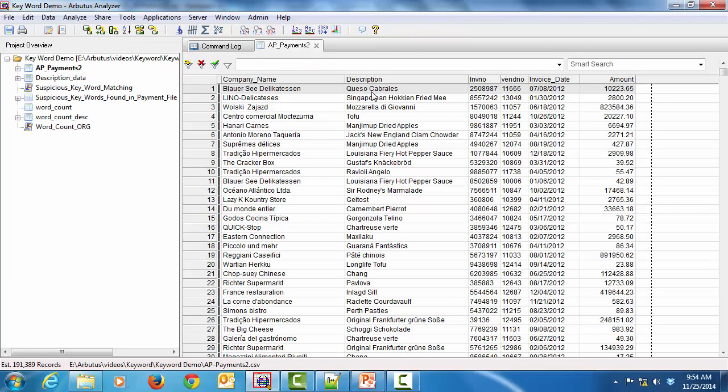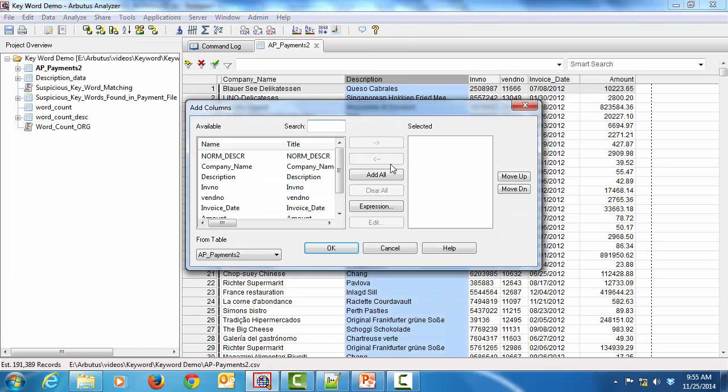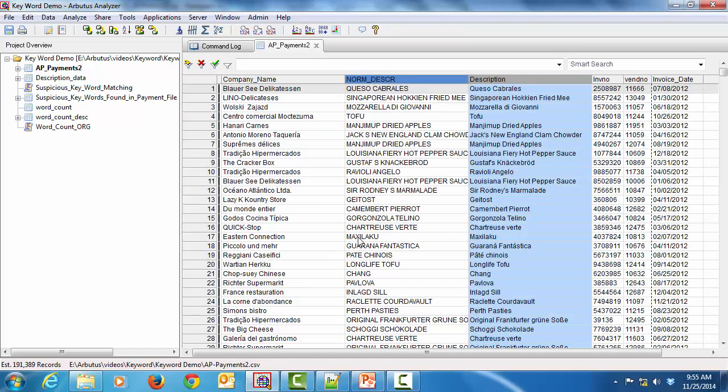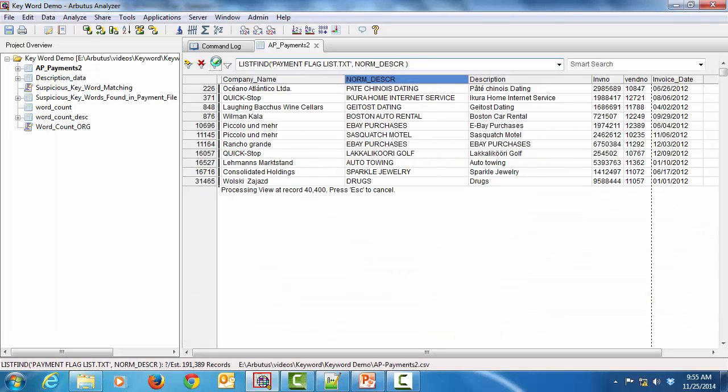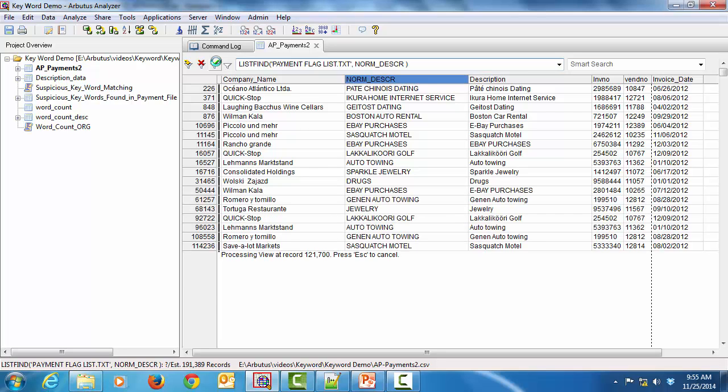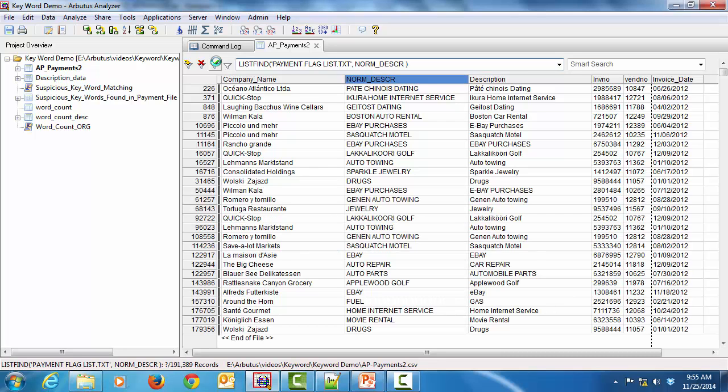Let me go back here and add this in. All right. Now we're applying list find to my description field in my payments file. Click on the green check mark, and now again we're applying the same analytics to a computed field